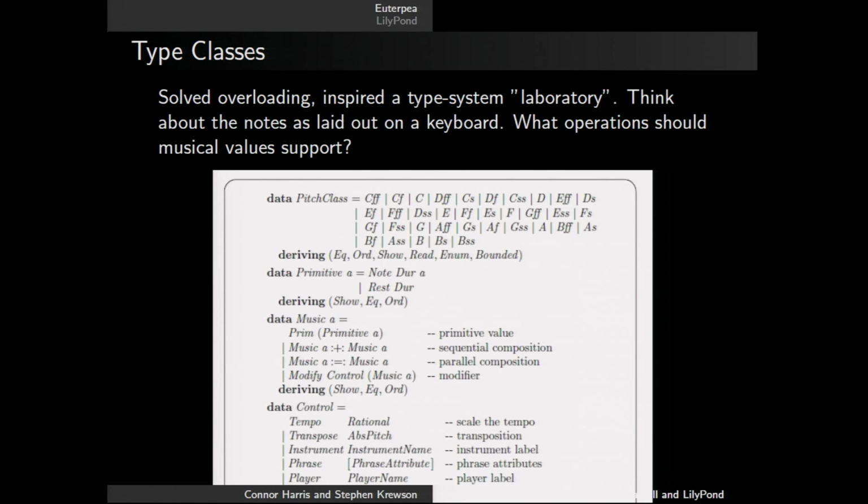They belong to the class Show, which means they can be printed to a console or terminal. They belong to the class Enum, which means that even though these are characters, they have an underlying numeric representation, starting at 0 and going through however many things there are in here, 20 or so, or 30 or 40 maybe. Right, and when we have a data type that derives, with that keyword deriving, a certain type class,